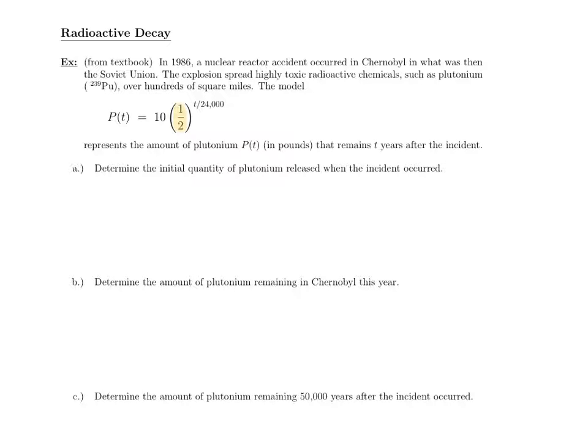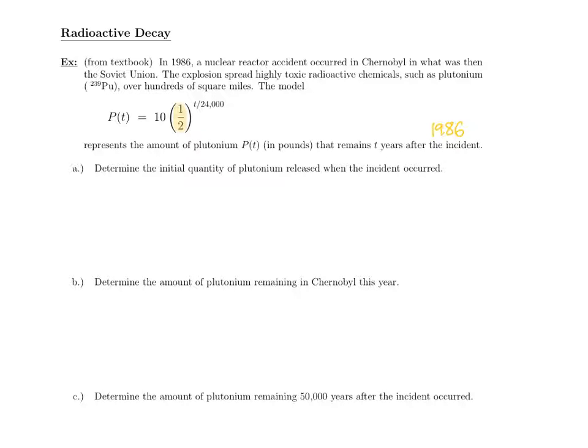So this was from 1986 that this occurred, and the explosion spread radioactive chemicals like plutonium hundreds of square miles. And so we actually have this model that represents the amount of plutonium in pounds that remains T years after the incident. And that means that as we want to investigate different things about this, we're going to be able to use T as how many years it is after